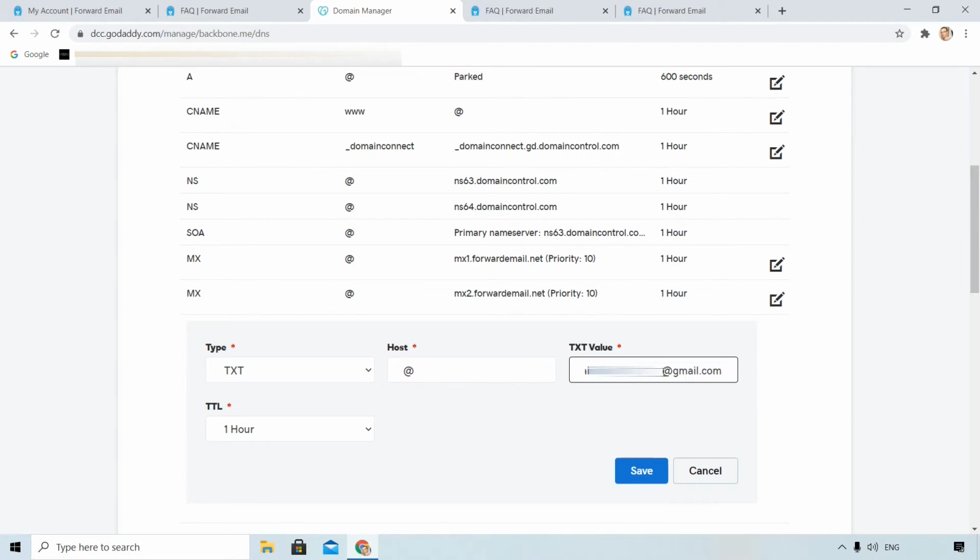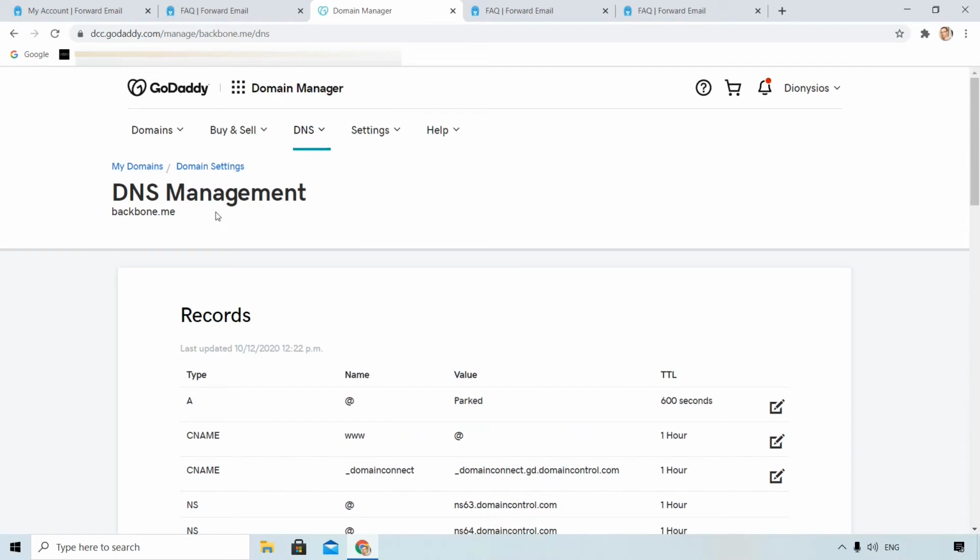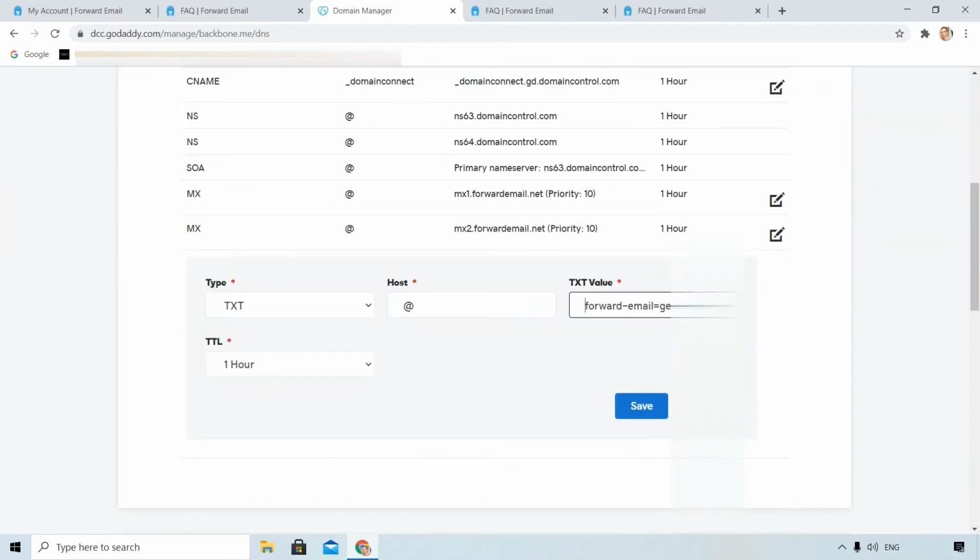So what this record means: every email that someone sends to any alias of backbone.me, like sales@backbone.me, hello@backbone.me, they will all be redirected to your Gmail.